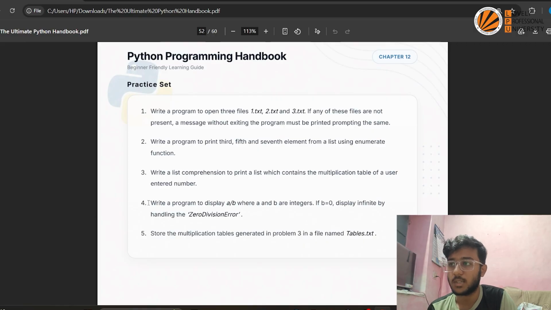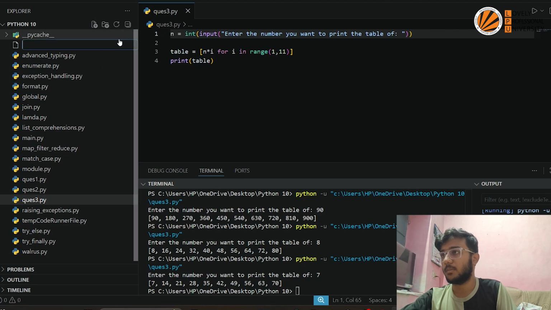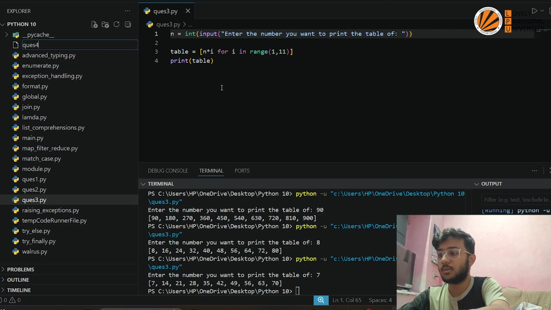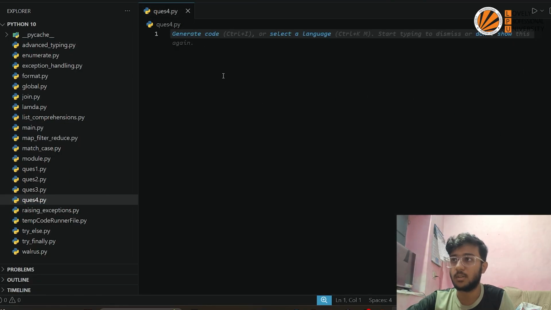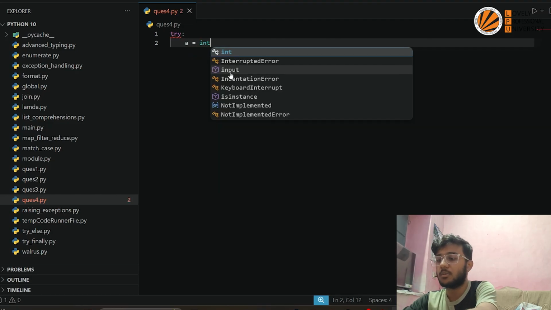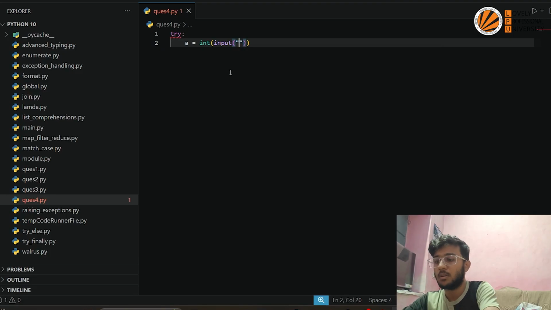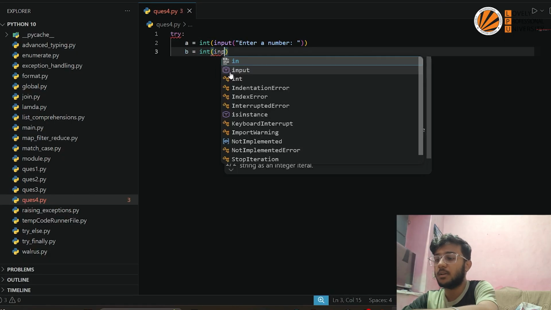So what the fourth question asks us is to write a program to display a divided by b, where a and b are integers. If b is equals to 0, display infinite by handling the zero division error. This can also be done pretty quickly as question4.py. Then we'll delete this, stop this, and what I will do here is firstly write try: a is equals to int input, enter a number, then b is equals to int input,